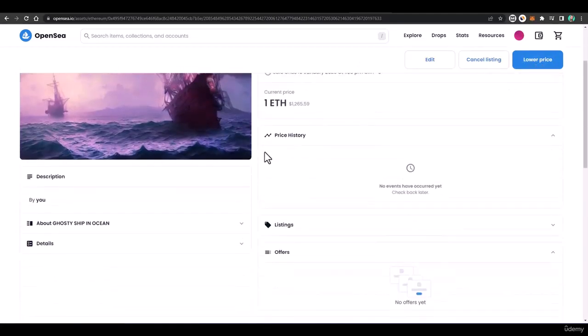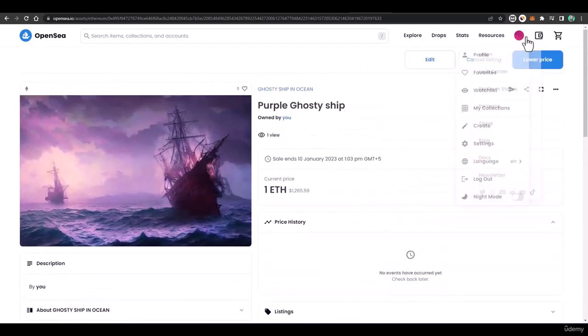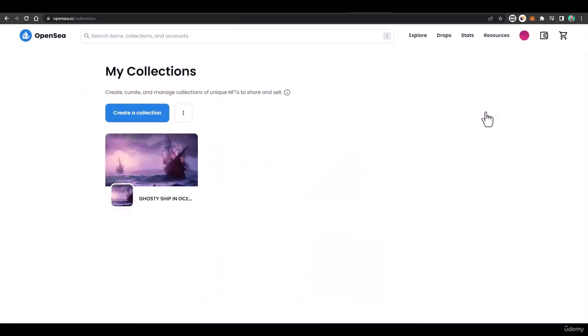And from here you can also check your collections. This is basically a technical process, and you will not get success easily. You will have to learn more about NFTs, more about AI art as well, more about Web3, and you will have to learn about minting and NFTs, and the OpenSea IO market.